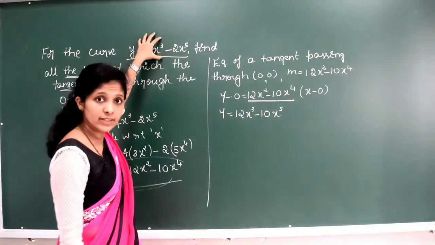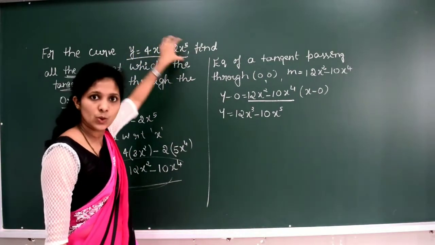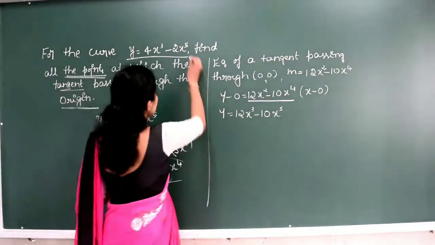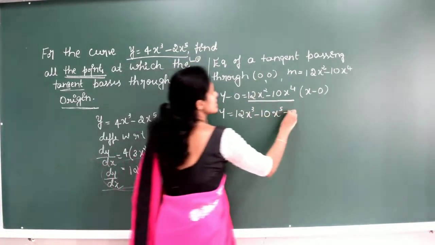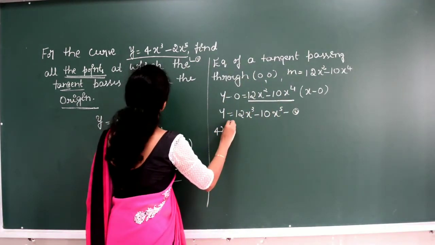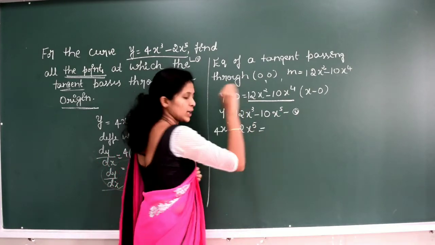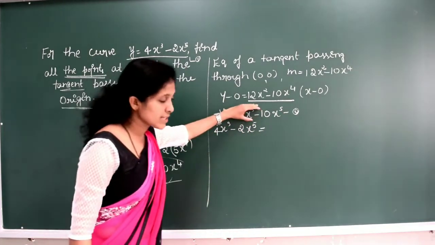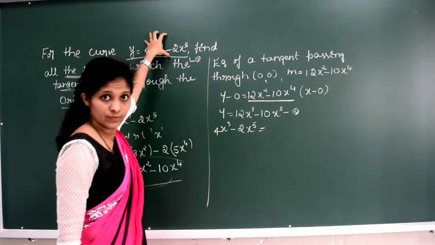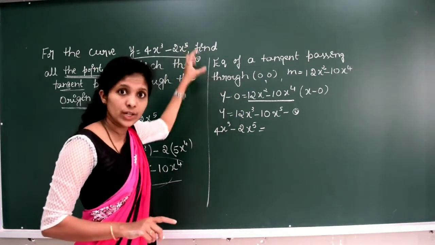Now here one curve is given. This is y is equal to the given function, right? So we'll equate these two. By equating these two, we can find the value of x. So we'll consider this as 1 and this as 2, and equate these two. So that is 4x cube minus 2x to the power 5 is equal to the other, is it clear? This is the equation of a tangent to this curve, so that we can equate these two.